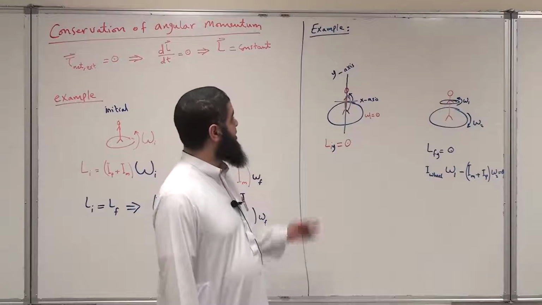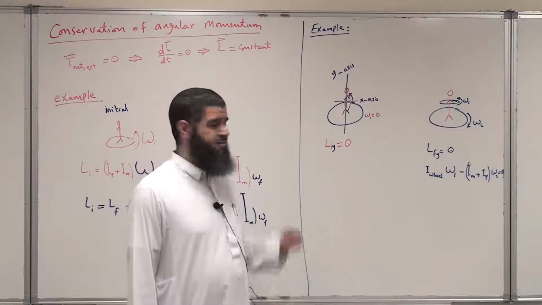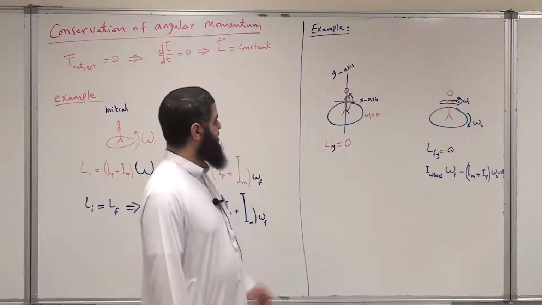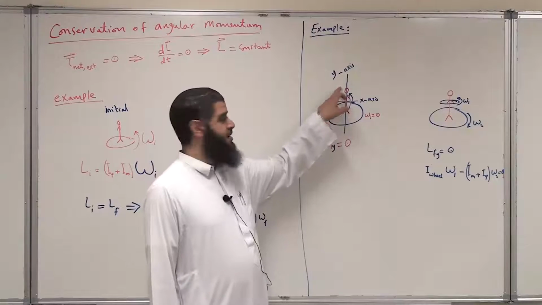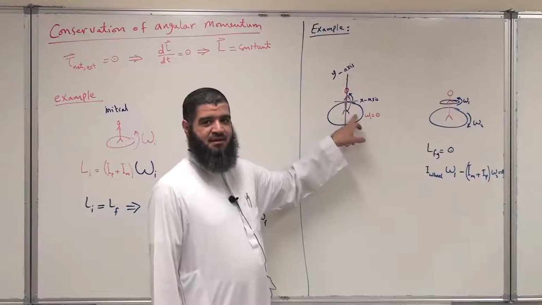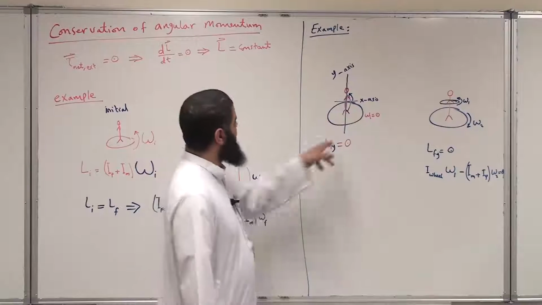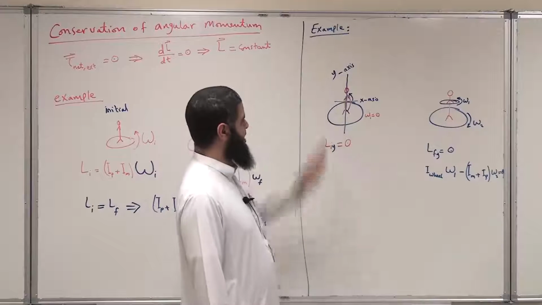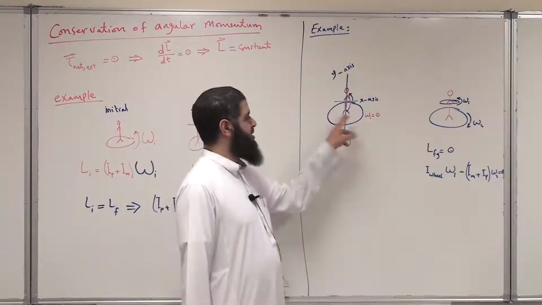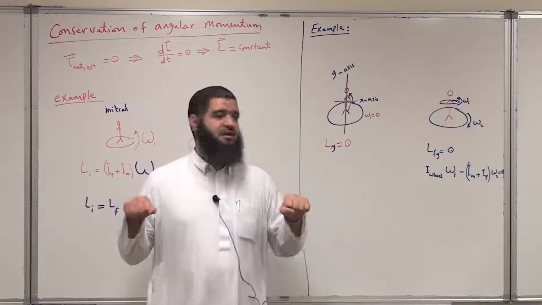Here is another nice example about conservation of angular momentum. We'll have a man and a plate or platform which can rotate smoothly about the y-axis. Let us assume this is the y-axis. Initially, the man is not rotating, and he